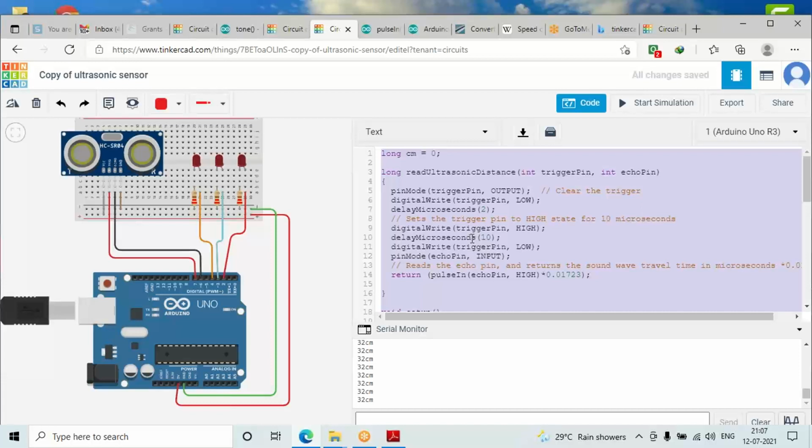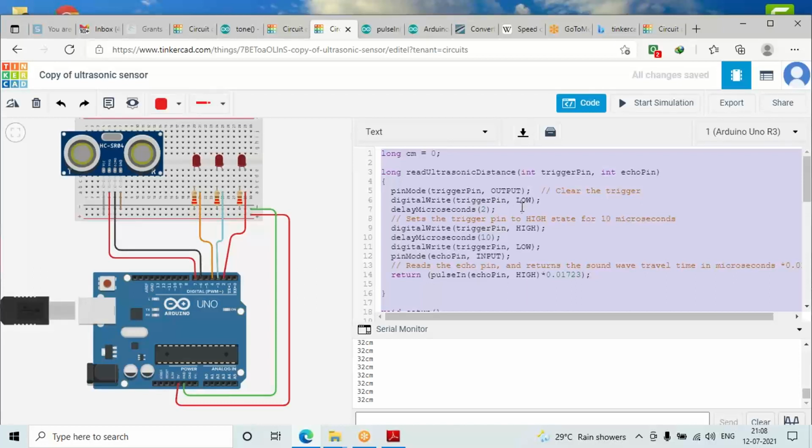Okay, so here first of all we are setting the trigger pin as an output pin, because I just now told you that from the trigger pin we are sending the data outside. So that data has to come through the Arduino board. That's why we are setting the trigger pin as an output pin, and then we are passing the low value from there. You can see we have written the next command as digital write. So from that trigger pin we are sending a low value.